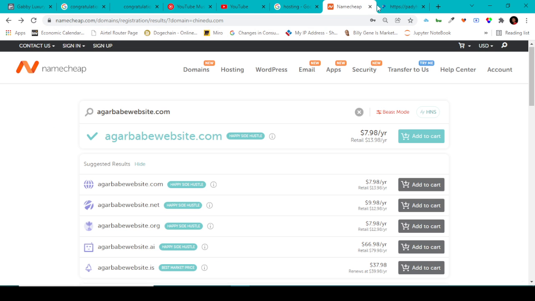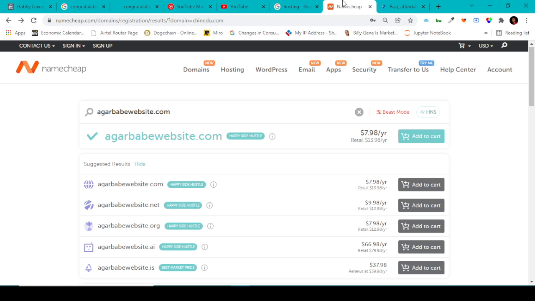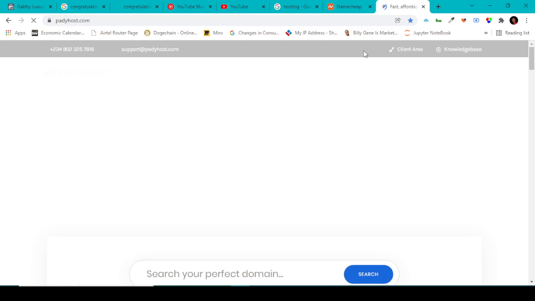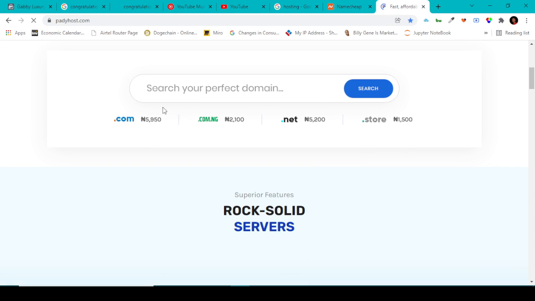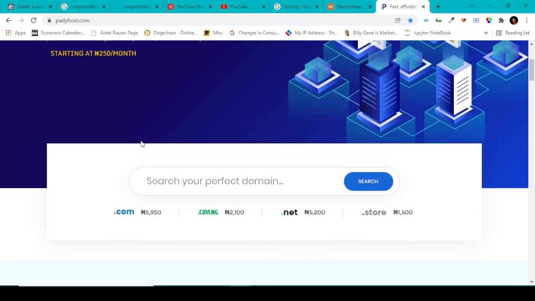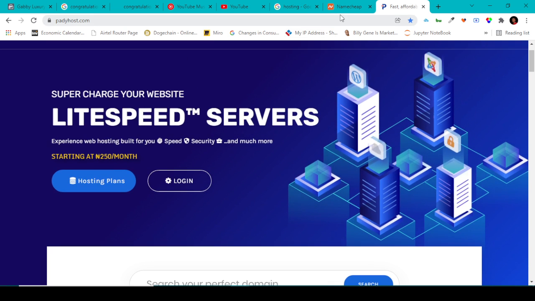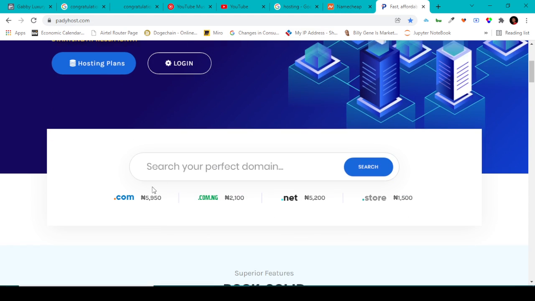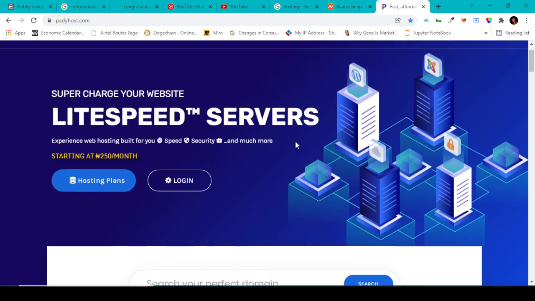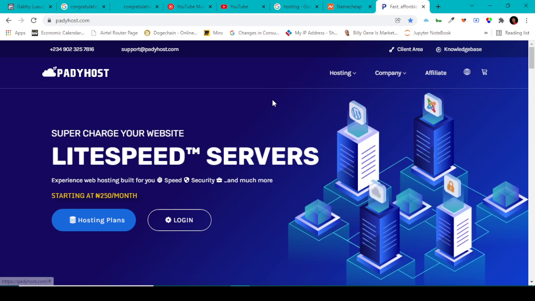Now you might be saying, wow, you're using a domain name on one side and a website host on another side. Yeah. The .com domains for Paddy Host are actually quite expensive, which is 5,950. Not like it's really expensive, but I get to save over 2,000 naira if I buy from Namecheap. But when it comes to hosting, I actually prefer